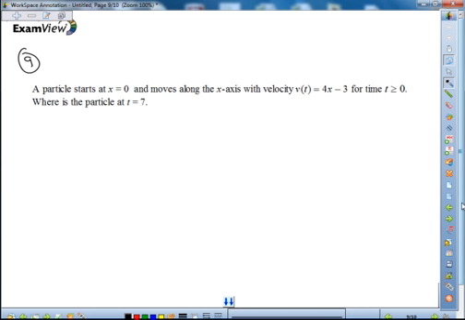Number 9, a particle starts at x equals 0 and moves along the x-axis with velocity 4x minus t when t is greater than 0. Where is the particle at t equals 7? So where is the particle at t equals 7 means I need to find the area under this curve to see total distance traveled. So if we graph,